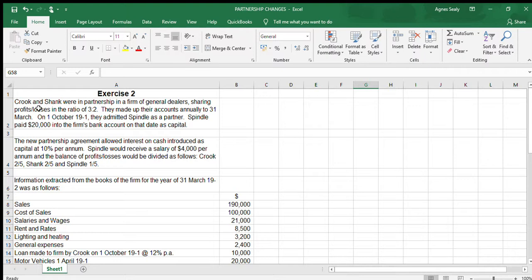No interest on capital between Crook and Shank. However, now that they have admitted Spindle as a partner, and Spindle is bringing capital into the business as well, they have drafted a new agreement and have decided that they are going to give each partner 10% of this capital here. So our interest on capital